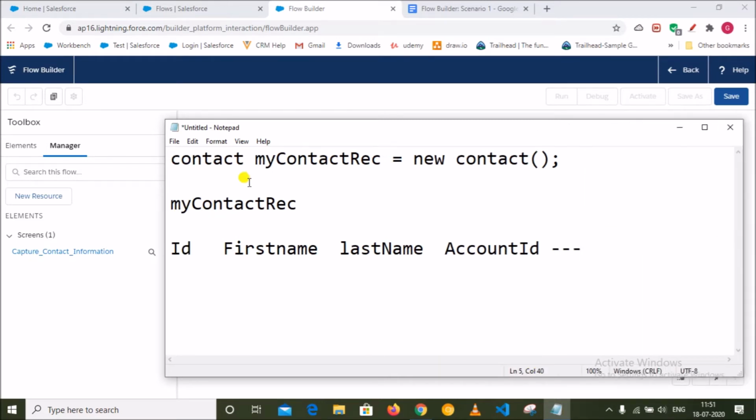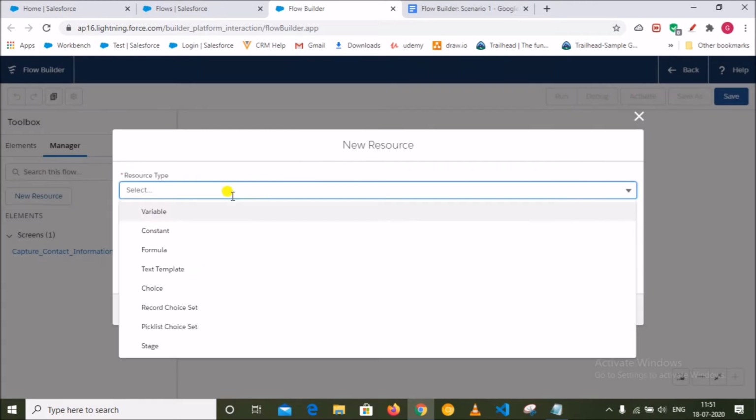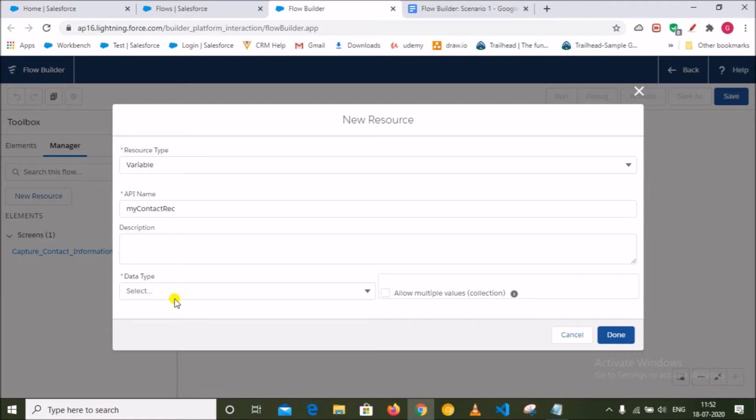Similarly, here I am first creating a variable of contact record, so that whenever the user provides input, I can capture that information, like first name, last name and account ID, in my contact record. So let's create it first. I will go to manager, click new resource, click variable, and give some API name. I am selecting my contact record.